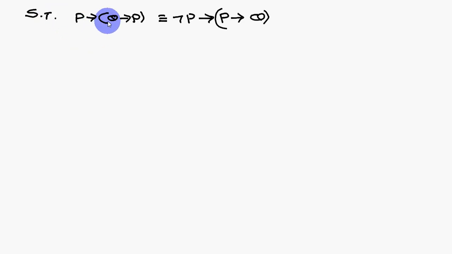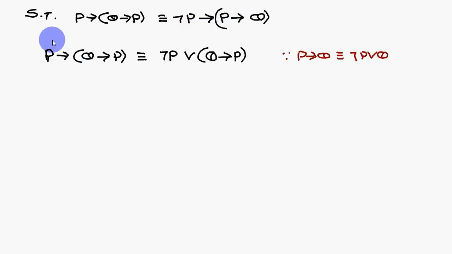Next, P conditional Q conditional P is logically equivalent to not P conditional Q. So P conditional Q conditional P is logically equivalent to, I am removing the condition. So what you are left with? Not P, in place of that one R Q conditional P. Now again I am removing the condition. What you are left with? Not Q or P. If you look at this one, both are R symbols. Therefore you cannot apply the distributive law. So then what you can do?